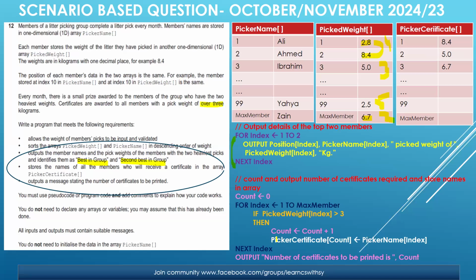This is the trick. Picker certificate will now hold the name. Just to make you comprehend, we have done this. Definitely this will not be coming. That's correct. It will be the names of the people. Like in our case, it will be 8.4, that is your Ahmed. And then the second one will be, as you can see,